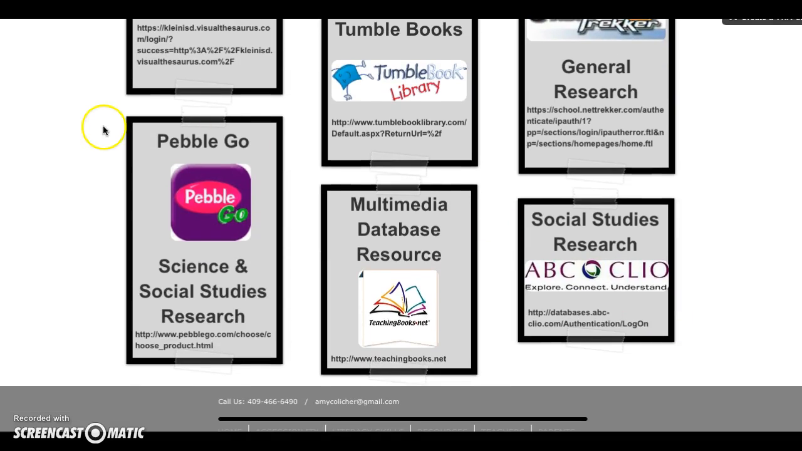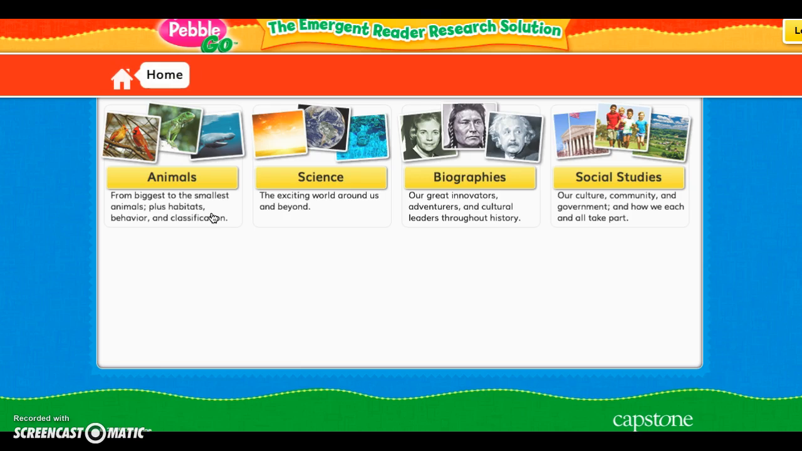All right, on the bottom left here, we see PebbleGo. If you just click on the colorful icon, it will bring you to PebbleGo's website. Now, as you can see here, when you use PebbleGo, you have choices from animals to science, biographies, and social studies. I know our third graders are learning about explorers right now. So let's see what we can find to help us maybe learn more about explorers that we're learning in class. I'm going to click on biographies,